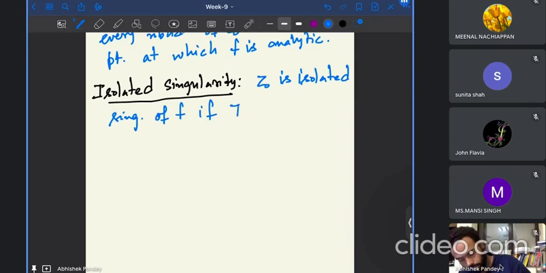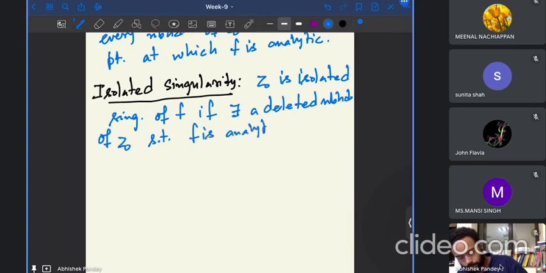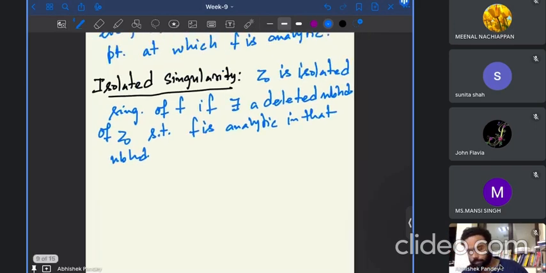So if there exists a deleted neighborhood of z naught such that f is analytic in that neighborhood. Okay, for some examples, you can see